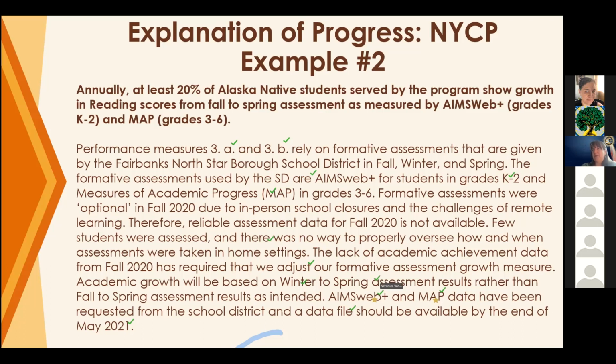Oh, I see more check marks around that 3A and 3B. So in this example here, this grantee included two performance measures in that project status chart. And then they very clearly told us here in the narrative that they're speaking to the 3A and 3B in that particular status chart. Little details like that are super helpful to your reader, so they know specifically which project measures are being addressed in this narrative when there's more than one in that project status chart. Very good.